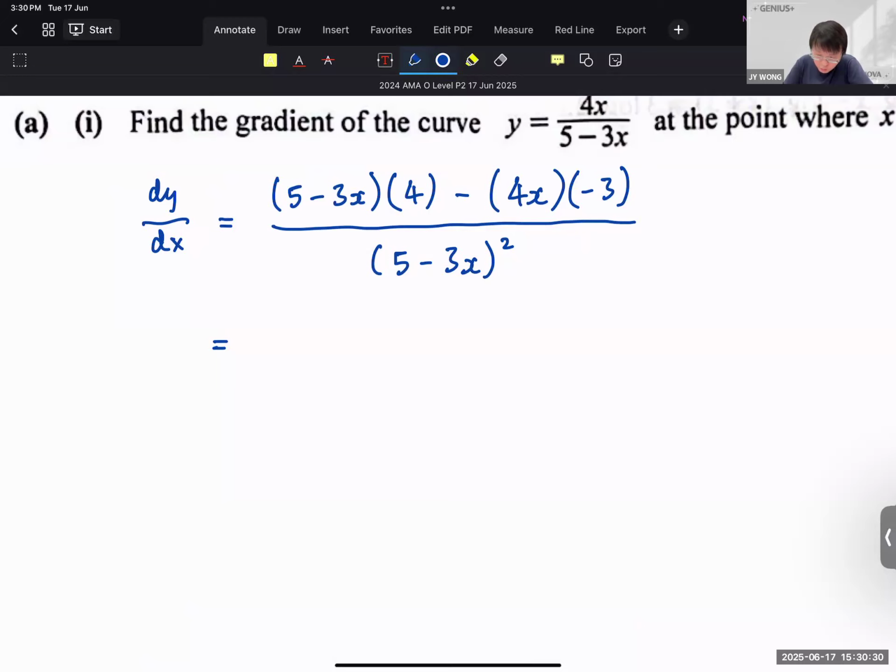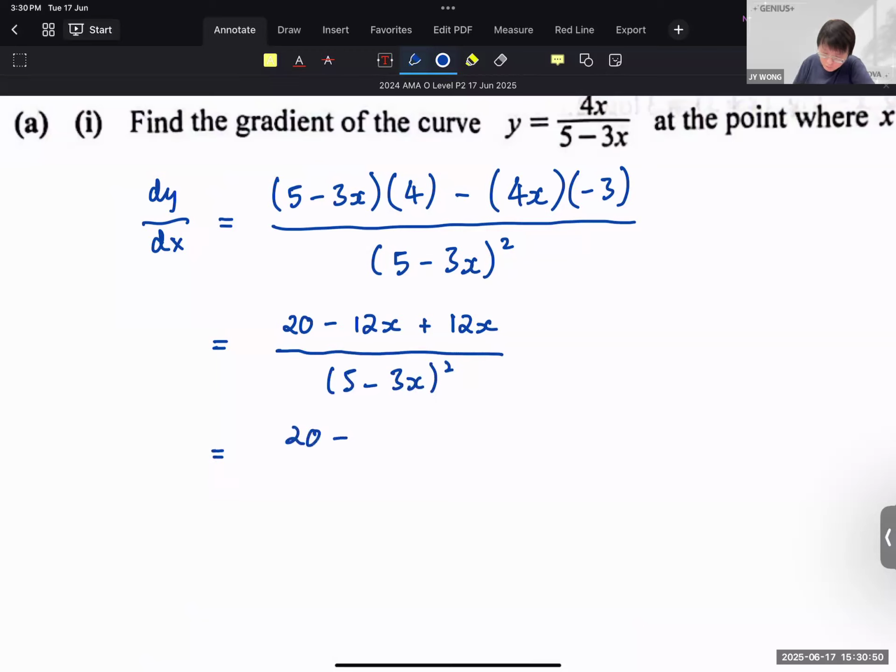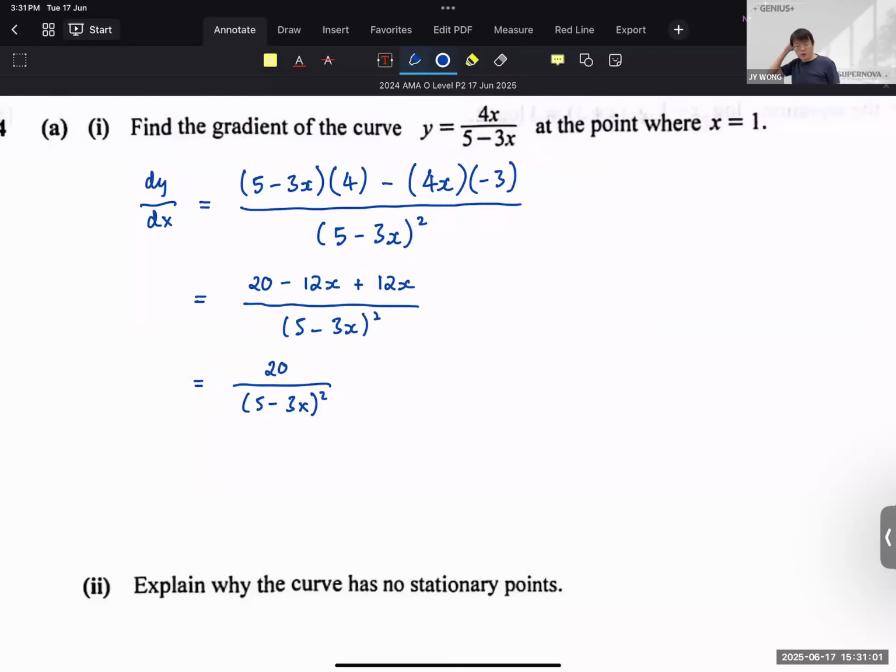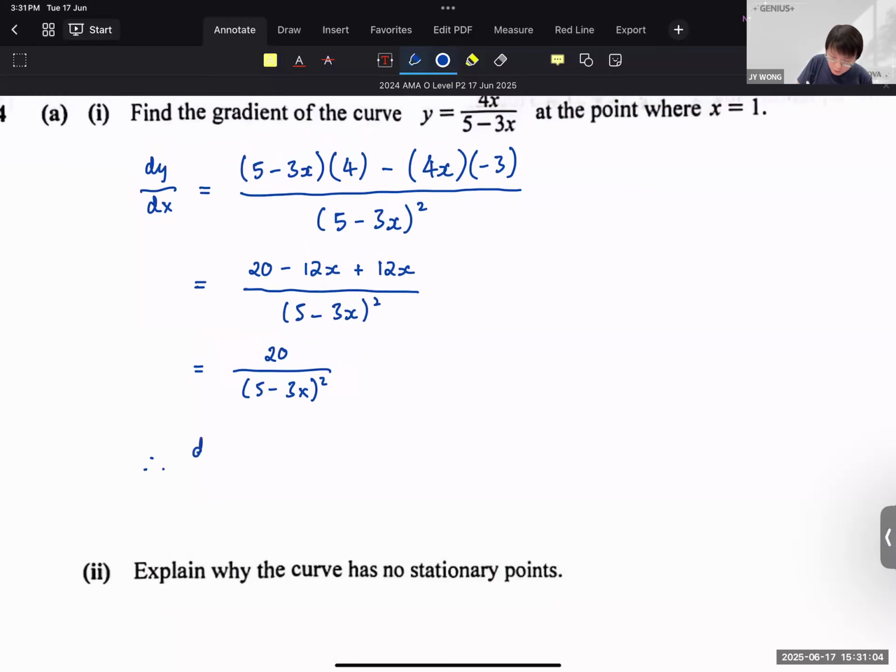Okay, and what will I get over here? So I will get 20 minus 12x, minus becomes plus 12x, correct? Over (5 minus 3x) whole thing square, which will simplify down to 20. The numerator is just 20. Amazing. Denominator is just (5 minus 3x) squared. And then they ask you to find the gradient when x equals 1. Therefore, dy/dx, or gradient at x equals 1, is equal to